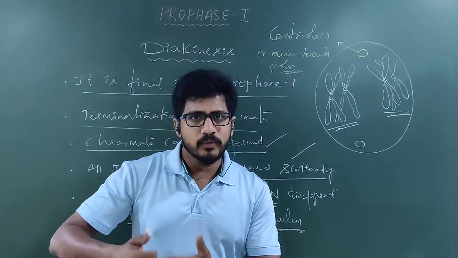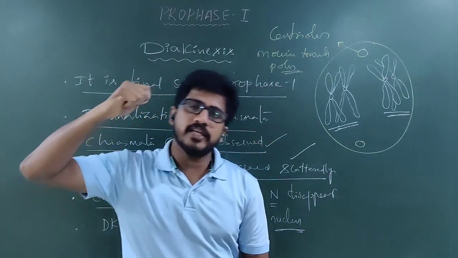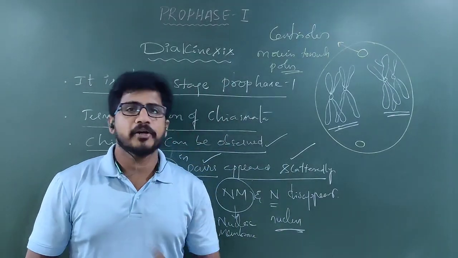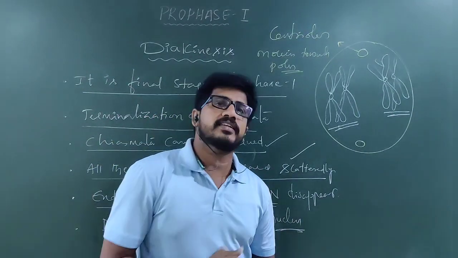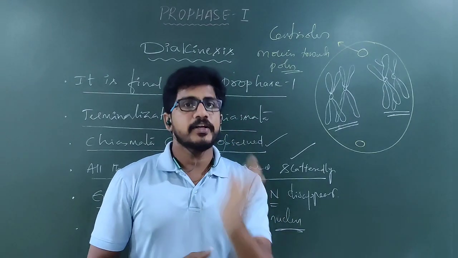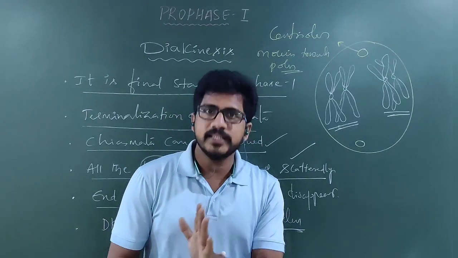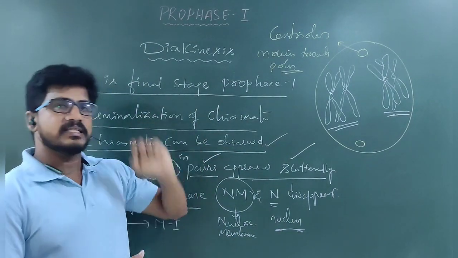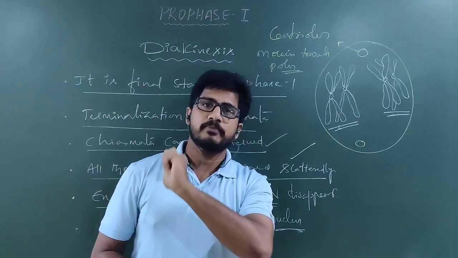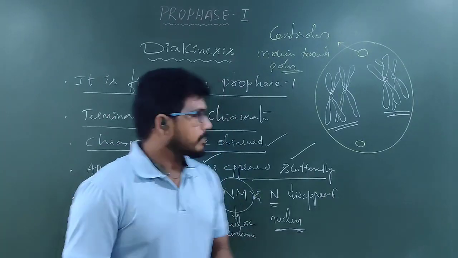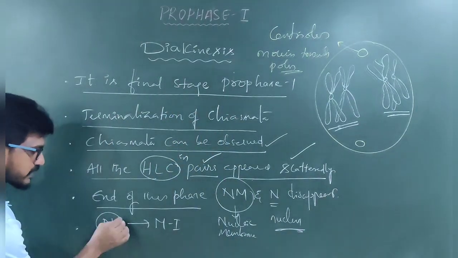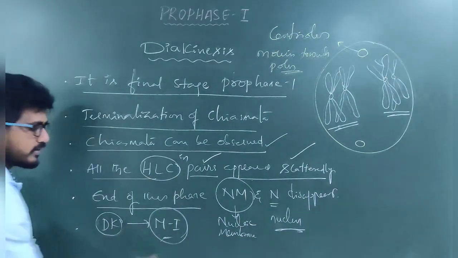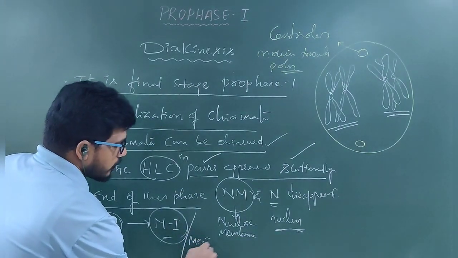Prophase 1 result, what? Centrioles are moved towards the corners, nothing but poles. The nuclear membrane and endoplasmic reticulum all will disappear. So that is metaphase. What happened in the prophase before metaphase is happening in diakinesis. So diakinesis is a step similar to mitotic prophase. Now diakinesis leads to metaphase 1 of meiosis 1.